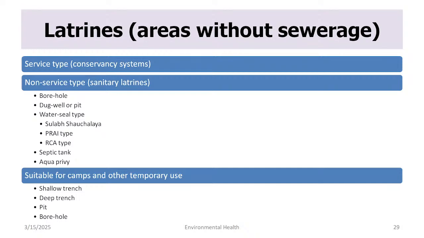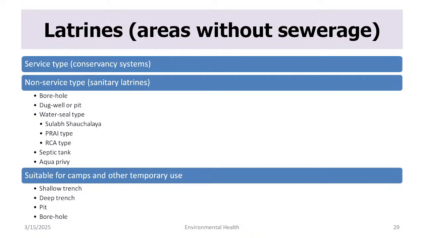So simple hole or pit or a water seal type of latrine, which is more scientific. Still, there was a storage also. And if you remember Sulabh Shauchalayas in front of gate number 2 also, especially in rural areas, they do not have a sewer line, or in tier 2 or tier 3 cities. I am not very sure about tier 1 cities, whether they have a connection to the sewer line or they are stored only. My understanding is they are still stored only. And these two famed latrines were developed in India. This was developed by the Ministry of Health, in Lucknow nearly 30-40 years back. Some of the rural toilets still are of these types. You can see the figures from the book.